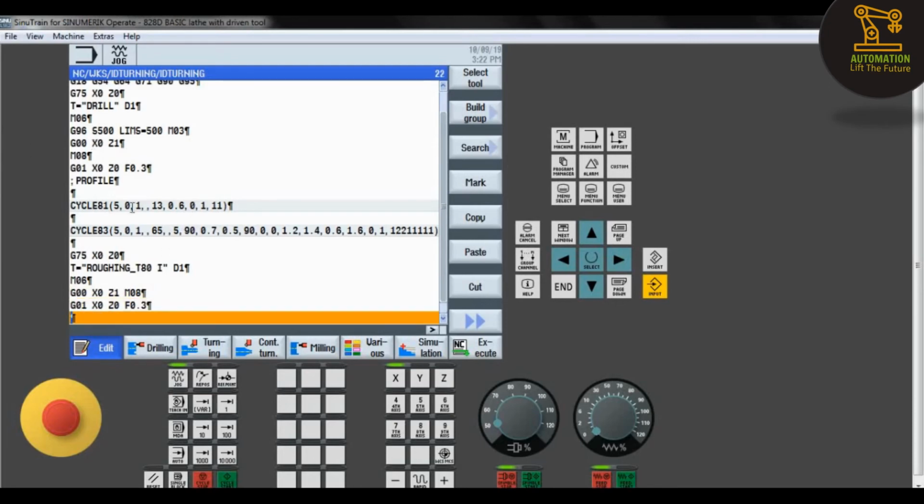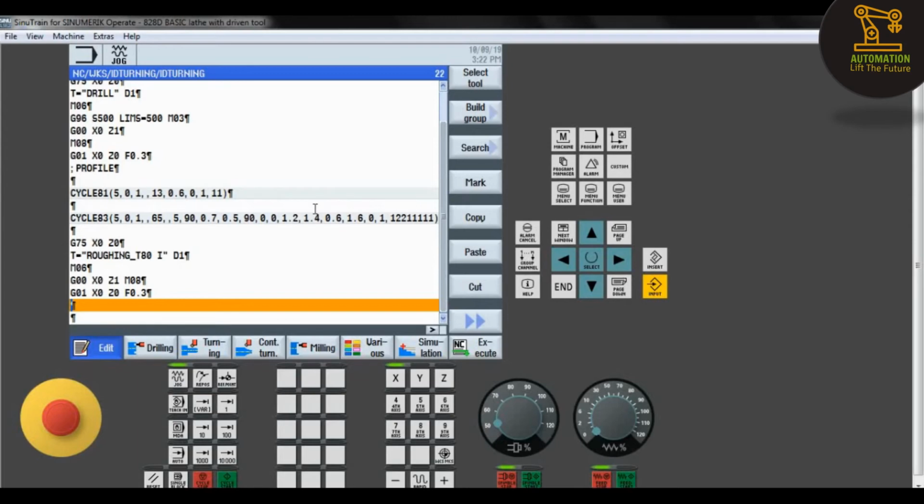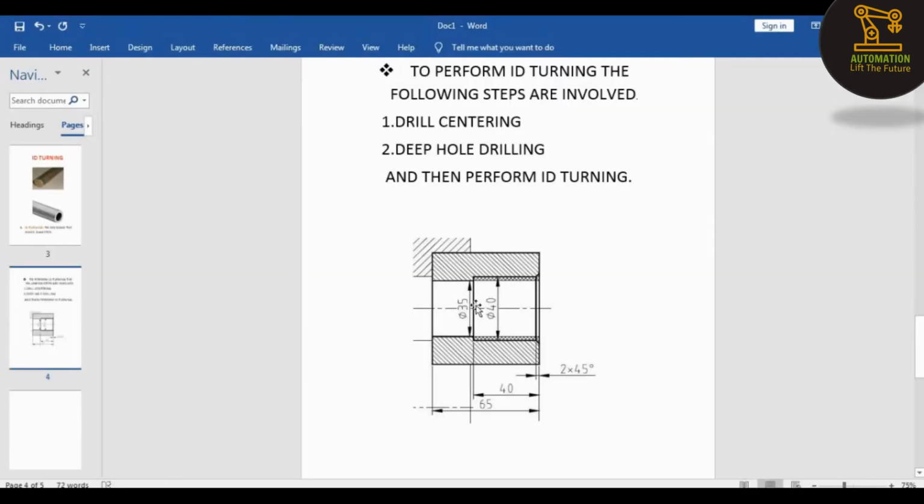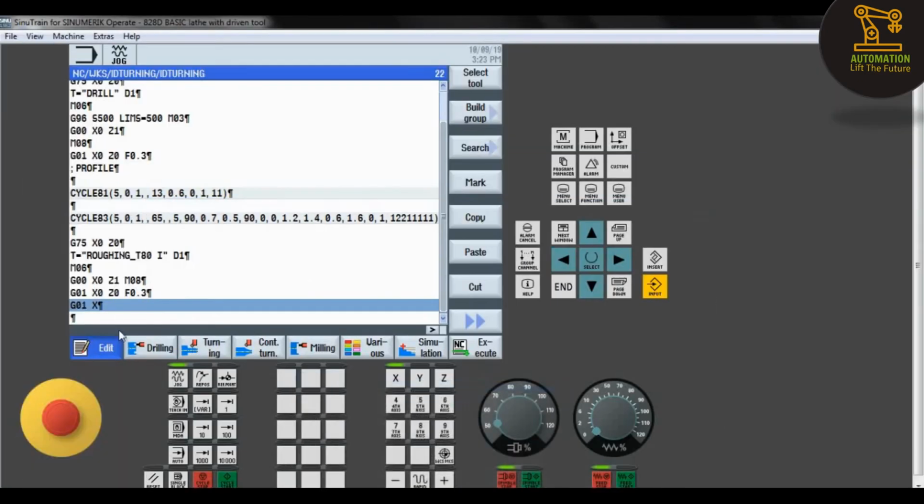So the next is the ID turning operation, so we will write a profile, so G01, we can see the picture here. X36, so 11 mm of material I was taking, so X36 and Z0.